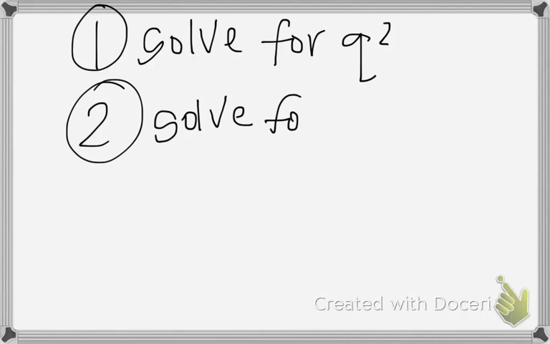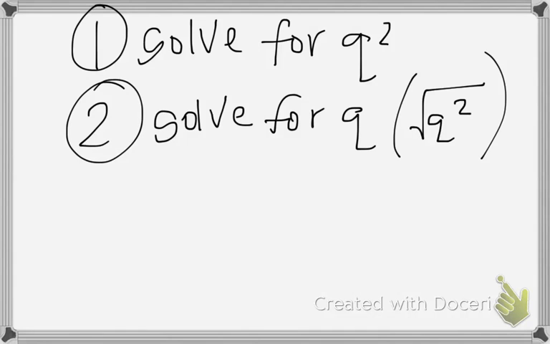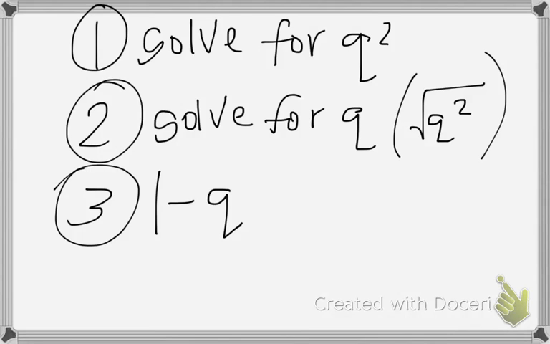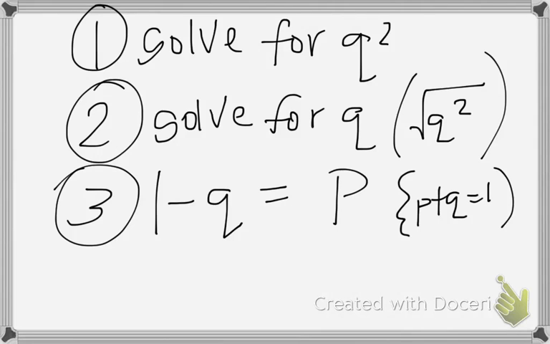Solve for Q. Well, that's pretty easy. You take the square root of Q squared, and that's going to give you Q. Then if you do 1 minus Q, that's going to give you P, because remember the formula, P plus Q equals 1. So now you know P, which is the dominant allele,